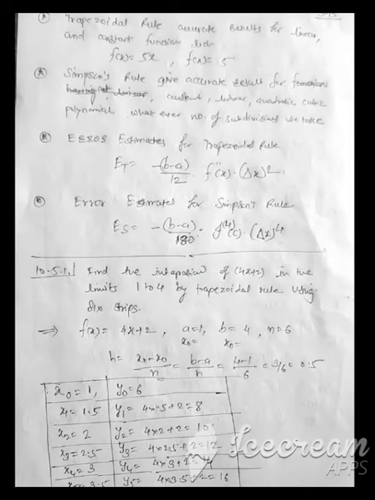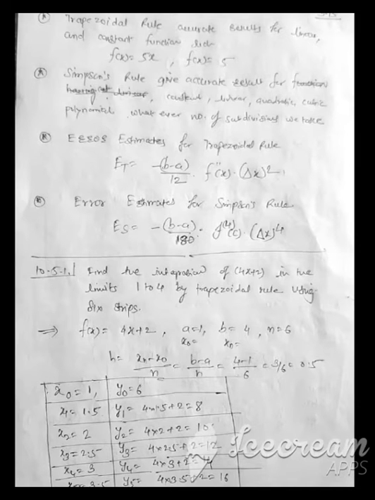Now what is the application here? It is nothing but to find the integration of a continuous curve. Continuous curve means what? It is not going to break. It is continuous in between the limits, from x0 equal to a to xn equal to b. And when the n value is smaller, then we will get better results in the trapezoidal rule.